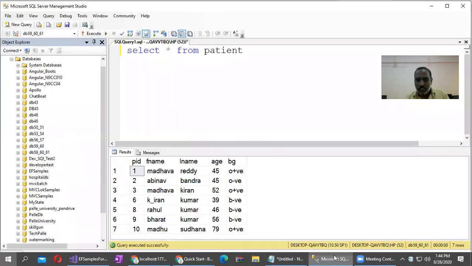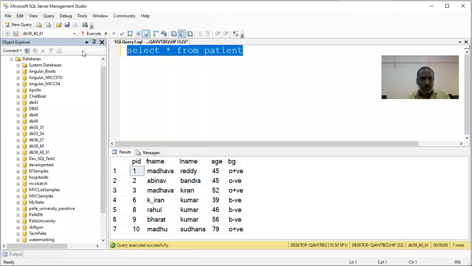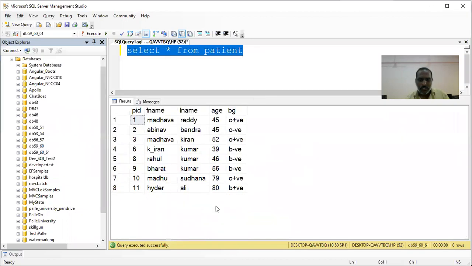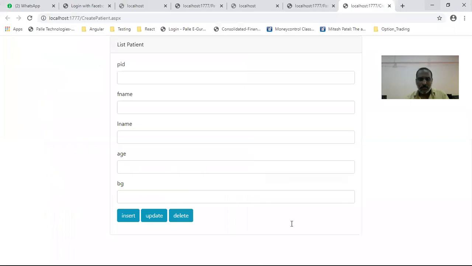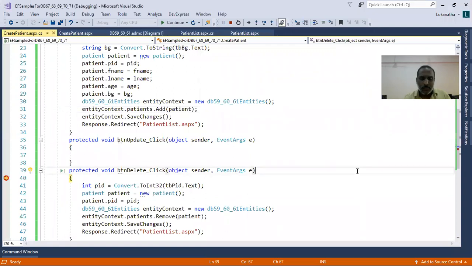I'll try to delete the last patient whom I have inserted. I think I inserted the 11th patient last, so I'll give 11 and click on delete. The call is coming to the delete function.